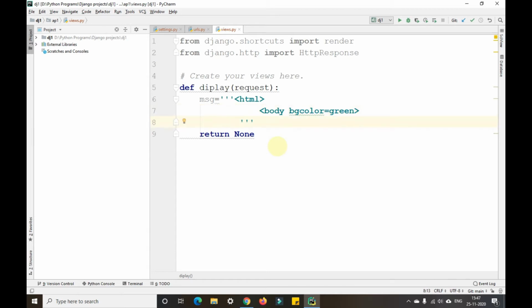We'll follow proper indentation so that it will be neat and clear.